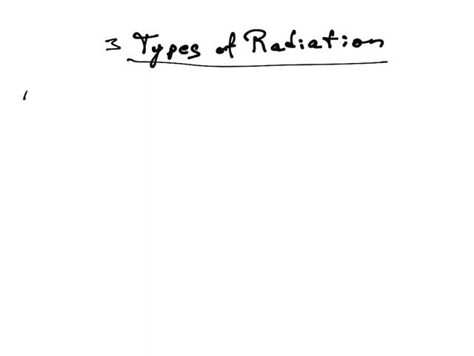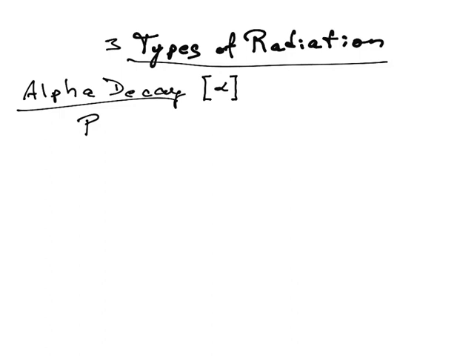The first thing to know is there's three main types. The first is called alpha decay. Now, the little symbol for alpha is of course the Greek letter alpha. What is alpha decay? Well, it's when you have a parent nucleus, and P will stand for parent nucleus, and it decays. So this is going to look kind of like a chemical reaction type equation. It decays by alpha decay, and when it does that,